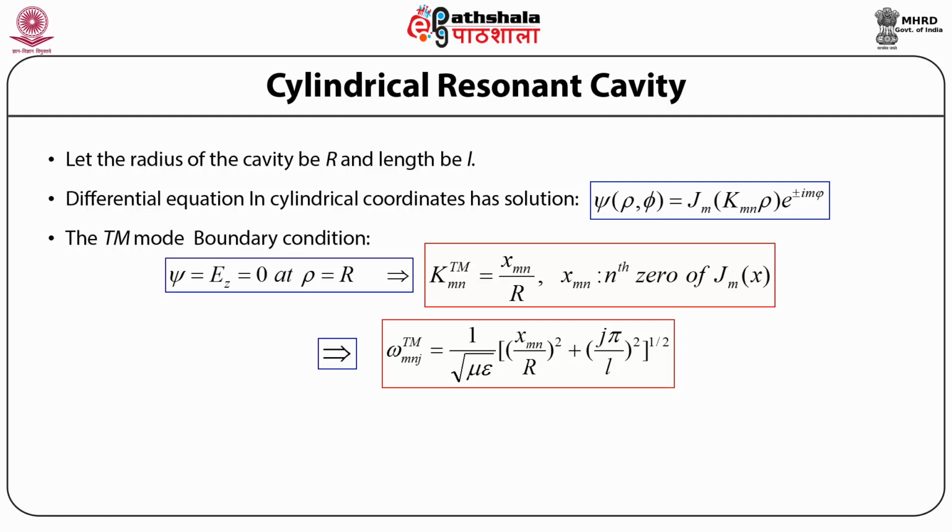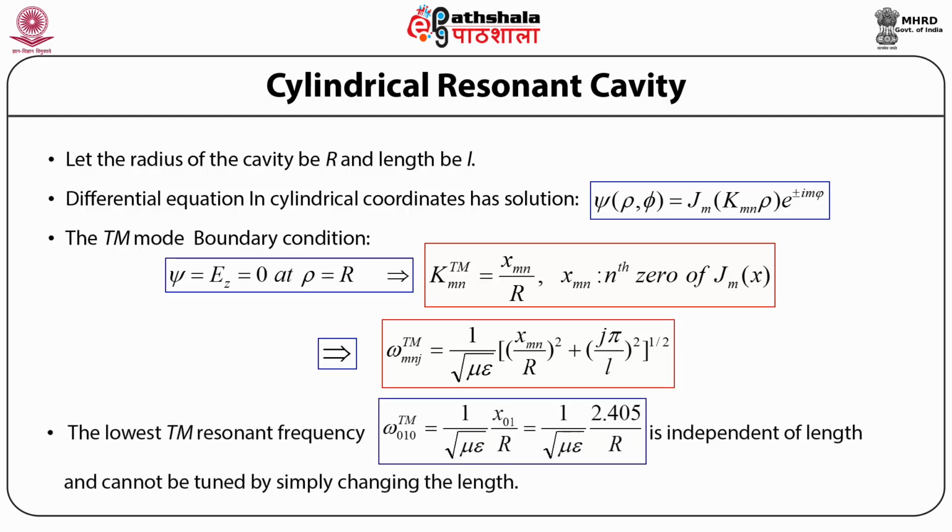So the cutoff frequency, or the mode angular frequency, for the transverse magnetic mode, given by omega subscript mnj superscript TM, is equal to 1 upon under root mu epsilon, whole times bracket open (x subscript mn by capital R) whole square plus (j times pi by L) whole square, bracket close, to the power half. And the lowest permissible resonant frequency in the transverse magnetic mode for the cylindrical resonant cavity is given